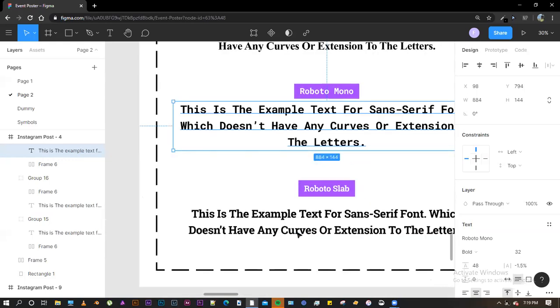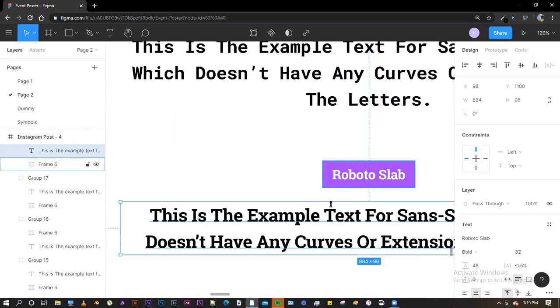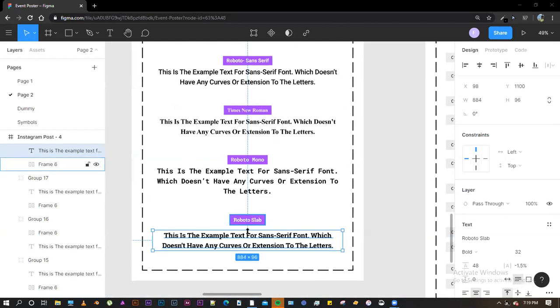All right. And the last type of fonts are slab fonts. This is the Roboto Slab font. If you can see, there's a slab kind of thing. A slab is something that an object rests on. So this is called a slab right here. Is it visible to everyone? Yeah, it's visible. Okay. So this is a slab that the letter rests on. So these are slab fonts.